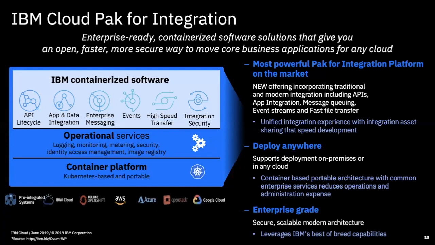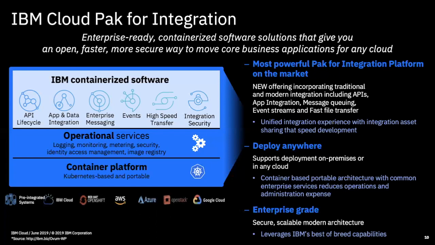On top of those are a set of operational services that provide for all of the things that you really need for consistency across clouds. And this is a key and important point. When I start to deploy integration all over the place with a central set of operational services, I can manage them uniformly from one place. So whether that's logs from all of those environments or monitoring from all those environments, that way of doing it centrally provides for the means to scale the way that I need to without learning different clouds and different methods and having disconnected views of performance.